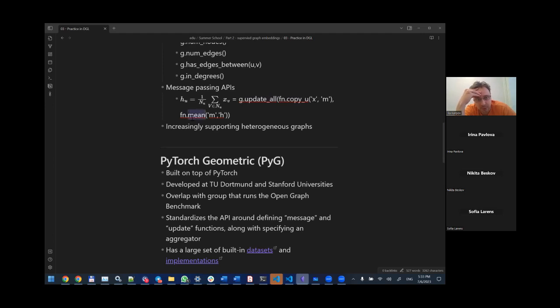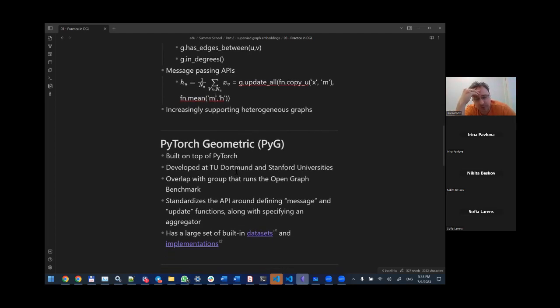Then you also need to make a mean, just to average it by the number of neighbors, and that's all. It's much easier to do the same rather than to work with PyTorch Geometric, because originally the first articles